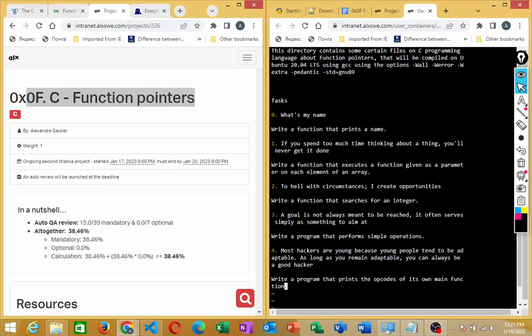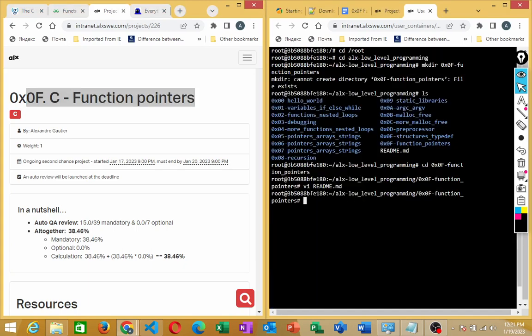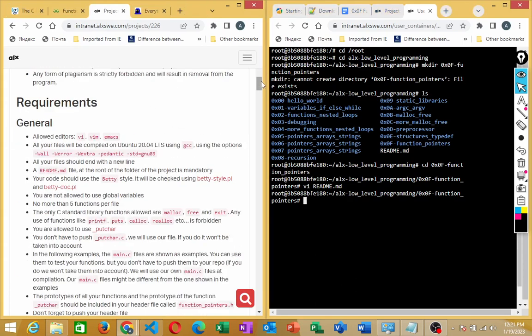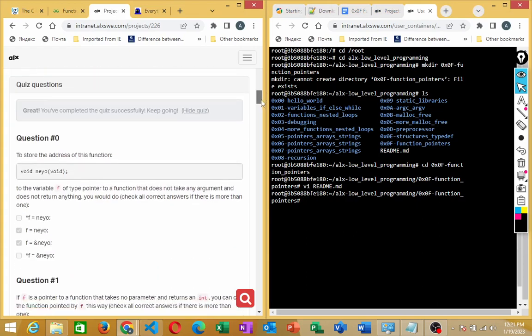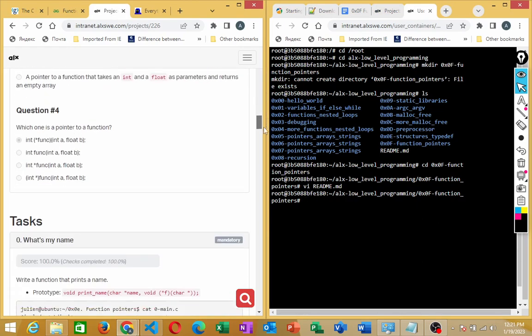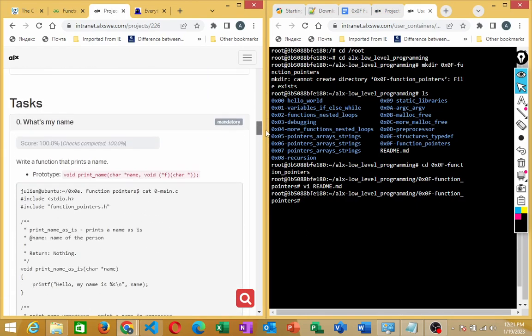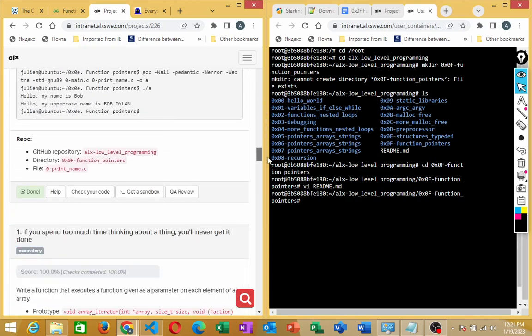When you are done, you do escape, then colon wq, or just use colon q because I'm not saving. Just quit that. If you do that successfully, that means you have a readme.md file. So after that, the next thing you are going to do now is to start creating your individual files. So the first one we have here is